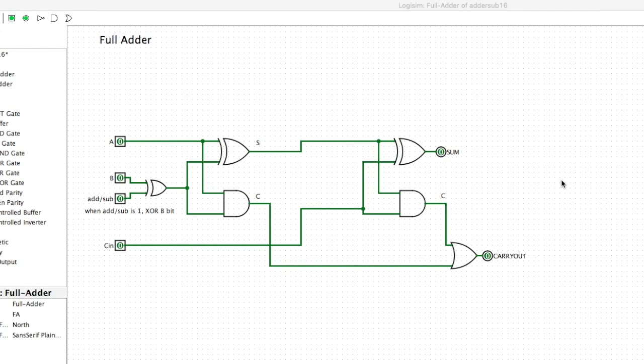For my 16-bit adder subtractor, I use Logisim. This is my full adder circuit. Just like DLSim, it allows you to make subcircuits, and this is just a subcircuit. I have my carry in, I have my A and B inputs for whatever index I am adding or subtracting